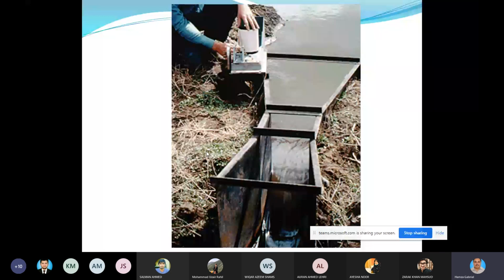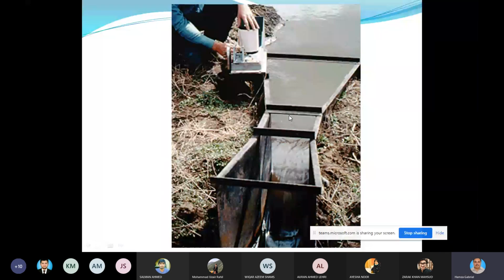So this is a partial flume. So here you see a small stream, especially like a water course, where you can install it. So here you see a converging section. So all the water is routed through this partial flume. So first a converging section, then a throat, and then you see a diverging section. And here you see the water level recorder and a drum on which a graph paper is mounted. So this can record all the fluctuations in the water level which is passing through this partial flume.